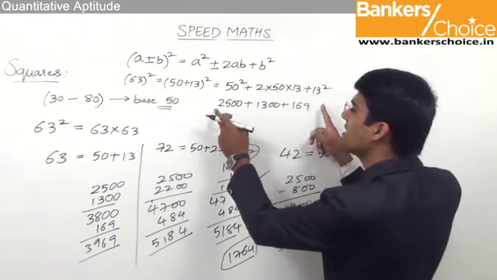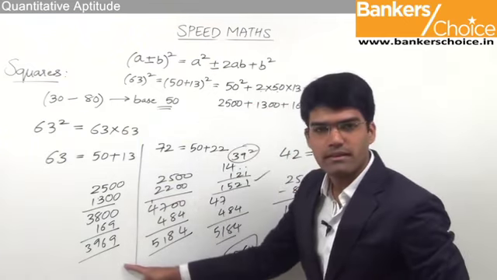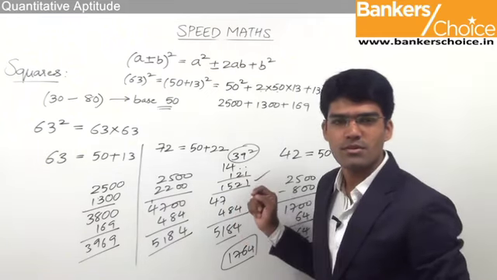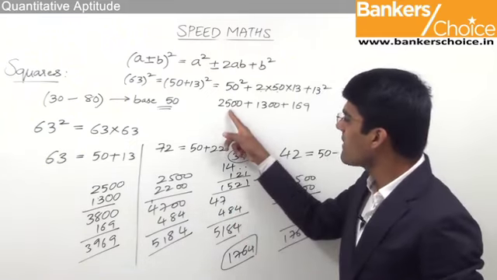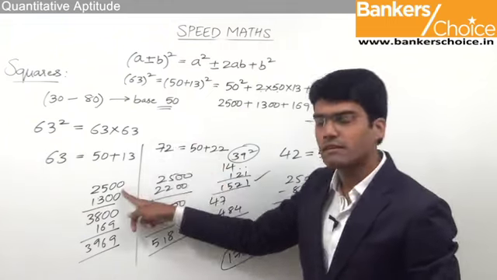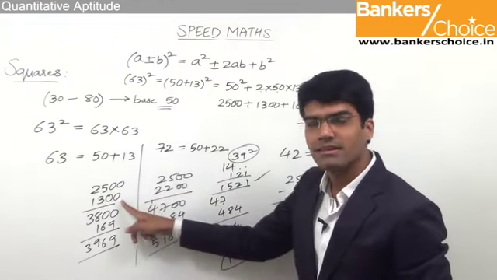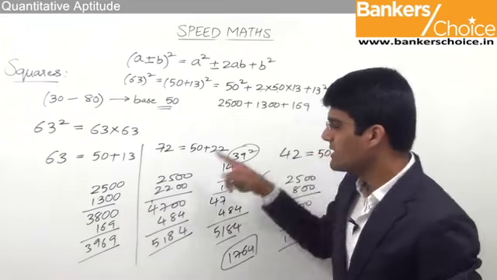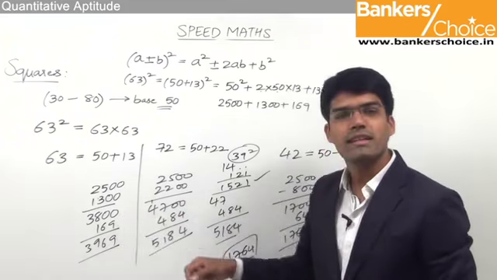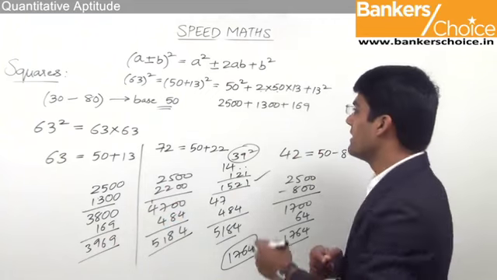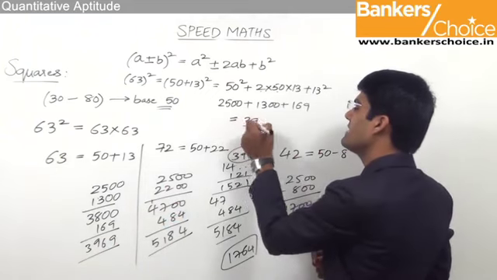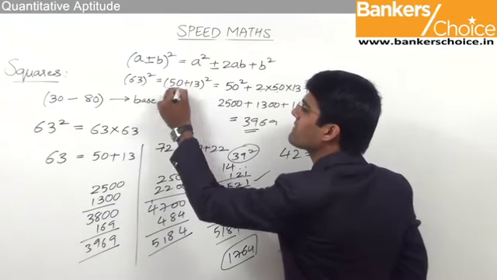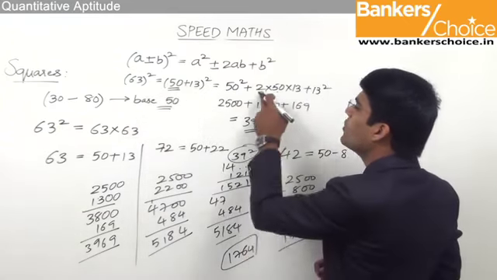And now if you compare this expansion with our shortcut trick, you find that it is quite similar to what we have done in case of a plus b whole square. For example, here you see we have 2500, plus 1300. We get the result as 3800, and to that we add 169. That is the reason we are able to get the correct answer as 3969. Now the main advantage of taking one of the terms as 50 is that when we take 2ab part,